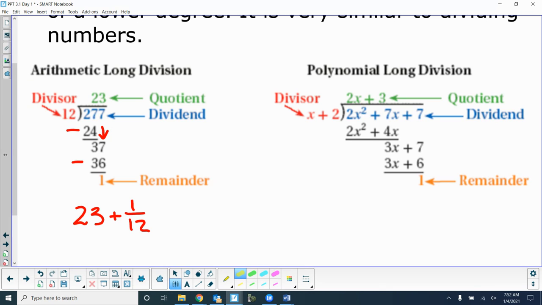Okay? Also, if something's missing, maybe this was just 2x squared plus 7. The 7x wasn't there. I have to put an x to hold that spot, like that place. So what I do is I put a 0 in front of it. So if this just was 2x squared plus 7, I would write 2x squared plus 0x plus 7, just to hold that spot, because an x will show up. If I have an x squared, an x will show up. If I have an x cubed, an x squared, and an x,